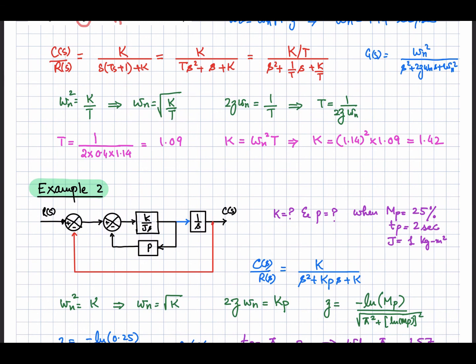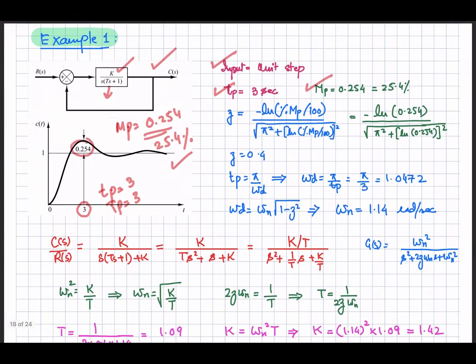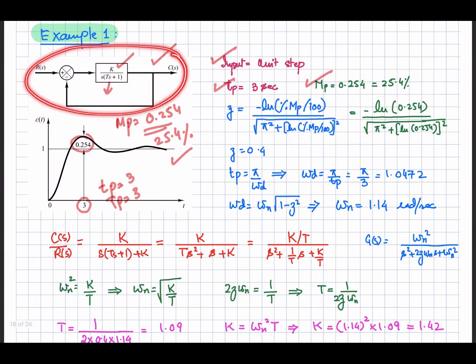So first of all, let's calculate the T. We know the zeta, we know the omega n. So if this information is known, T will be equal to 1.09, and then K from this equation can be written as T times omega n square. So K will be equal to 1.42, right? So for this function, we have evaluated all the parameters which were required: the K, the gain of your system, and this T, the time constant, evaluated according to the given response of the system.